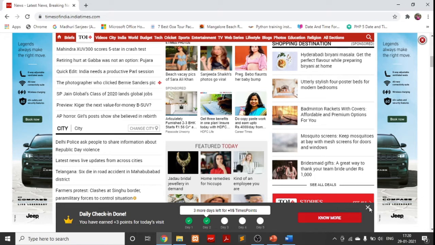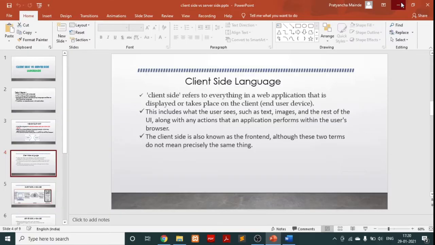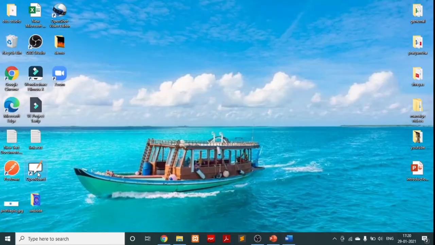So let's see what languages are included in the client side languages and how it works.